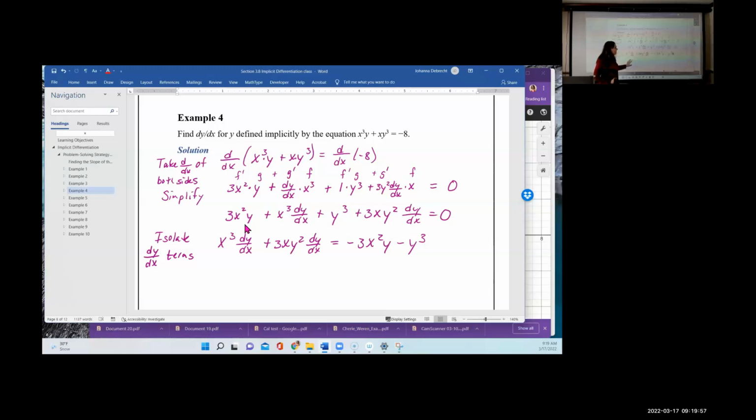And the next thing we want to do is factor out the dy dx and isolate it. We are not looking for a greatest common factor. When we look at this particular problem, notice that x is a common factor on the left. Both of these terms have x. We do not want to take the x out. We only want dy dx. All right, so then we factor out dy dx